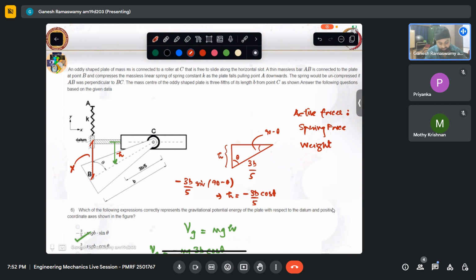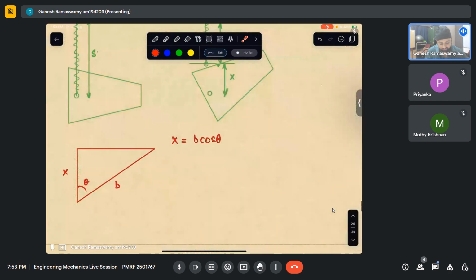Once we get the net elongation, we can simply write the elastic potential energy of the spring, along with the other active forces that have contributions. Take the derivative, equate it to 0. This is by the energy method. The other way to solve this is, since the spring is getting compressed, my force will be like that, but my displacement is like that. So the kx delta x is what my force would have been. Using the force method,